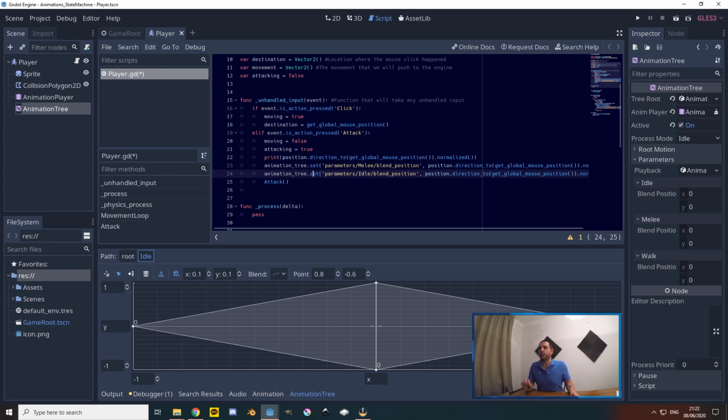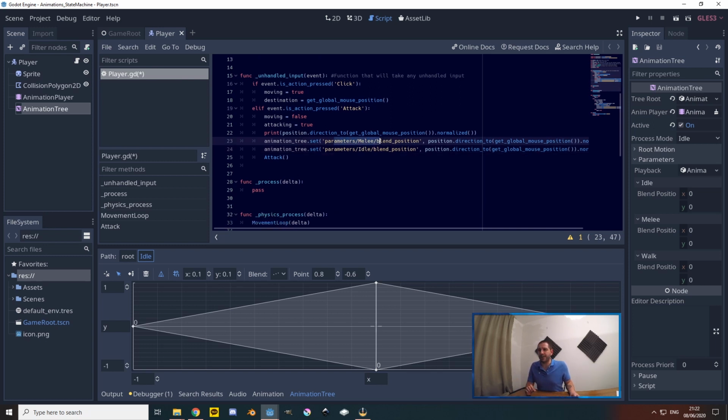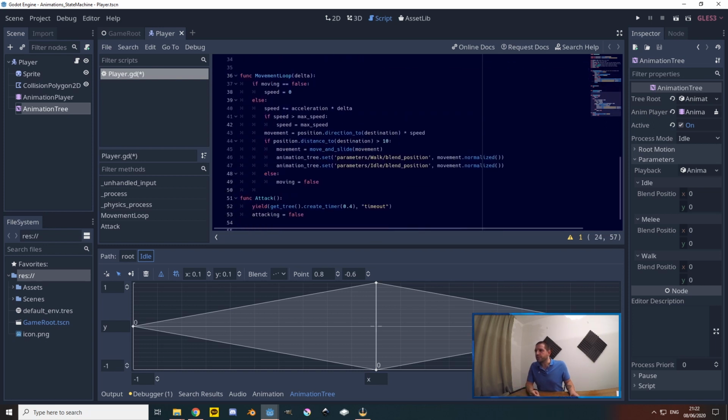Now, with that set, we also of course need to set the parameters mode blend position when we're walking. So in our movement loop, I've also added 2 lines of code right here. In this loop, it's basically going to go over how many pixels it can walk every single physics frame, and if it is within 10 pixels of its target location, because this is a point and click game, it will not move; if it is not within 10 pixels, it will move.